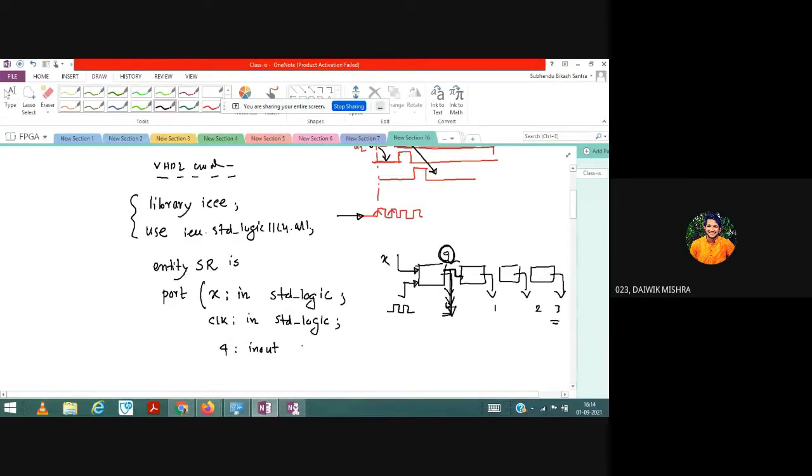Okay. Now standard logic, std logic. Then standard logic vector, because it is